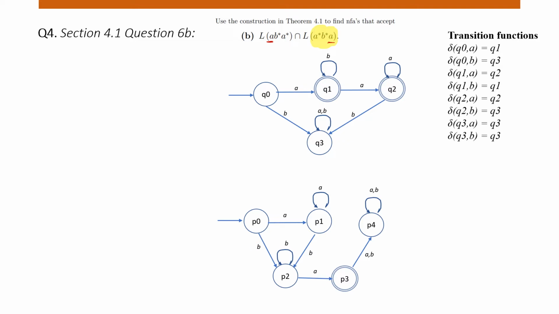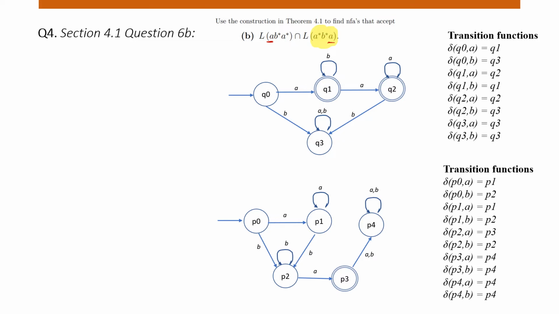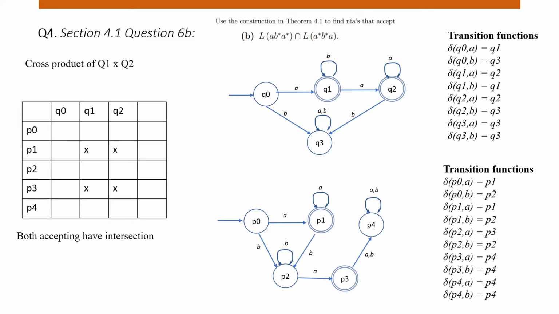The only thing we haven't taken care of is if you have just one single A. So you do need to change this one also to accepting, because that is the string one single A. So I have a complete DFA here, in which, well, it's not totally complete because I don't have a, oh yeah, it is. I have transitions A and B for P0, transitions A and B for P1, A and B for P2, P3. Yes, so these are both complete DFAs with their complete transition functions,